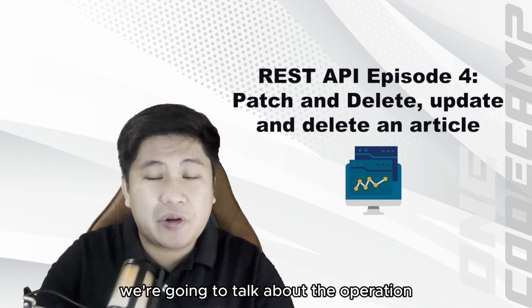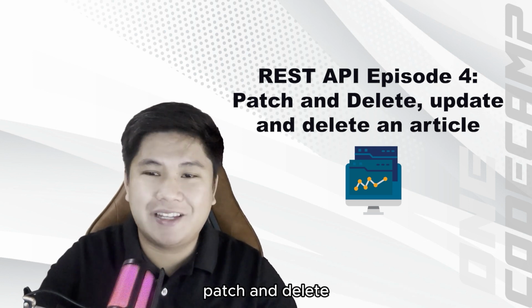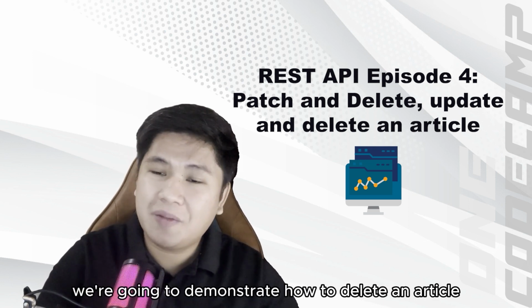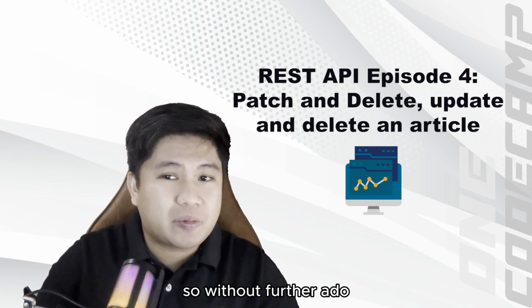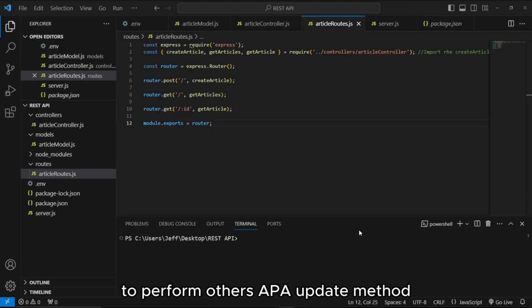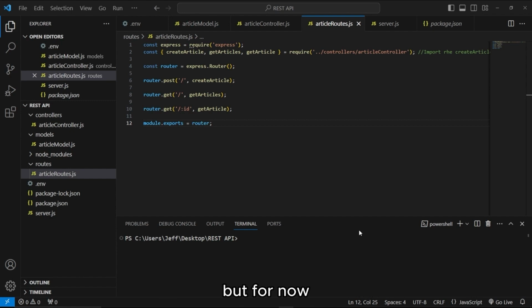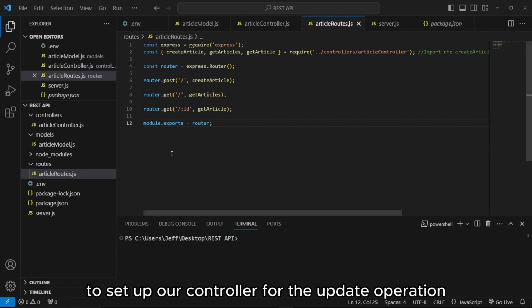In today's video, we're going to talk about the operation fetch and delete. And in today's video, we're going to demonstrate how to delete an article and edit an article from our database. So without further ado, let's get started. To perform a REST API update method or to update an article from our database, we will use either put or patch. But for now, let us go back to the articlecontroller.js file to set up our controller for the update